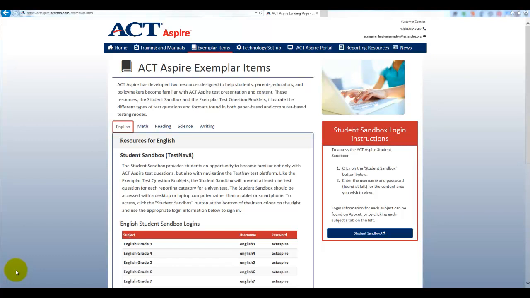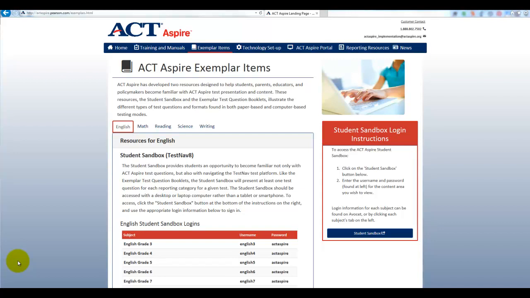Hey, I'm Carol Pace. I wanted to show you some things that you may not know about that might help you and your students be better prepared for the ACT Aspire. And in this case, I'm talking not necessarily about resource material about the actual subject matter, but I want to show you some things that will help you help your students prepare for the technical aspect of taking these online